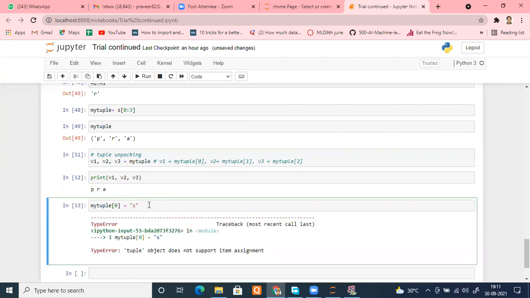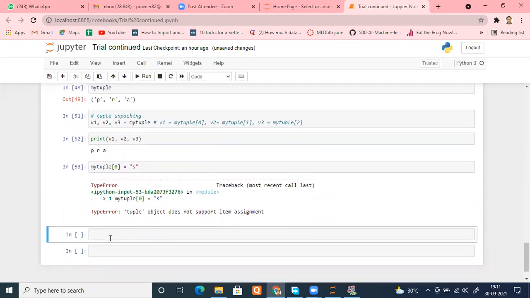Let me run that. See, can you check? Tuple object does not support assignment. It's very much the same as a string. String also doesn't support it. For example, let me create a string, my string, and the name is Praveer.